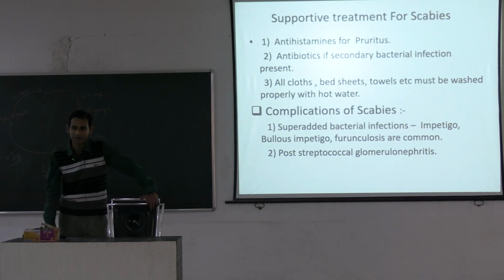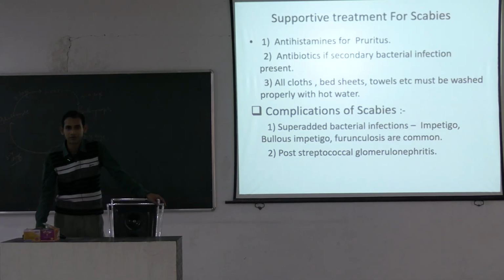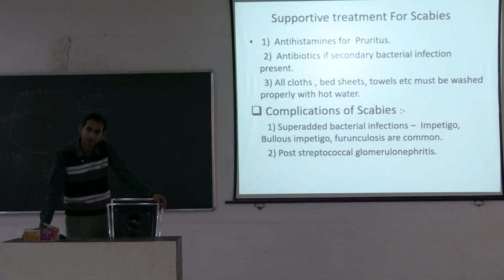In crusted scabies, extensive crusts are found over the scalp region and the nails are usually distorted and swollen, and you will get thousands of mites. The number of mites in adult scabies is usually 10 to 12 or 10 to 15. It is due to the hypersensitivity reaction which causes the severe pruritus.